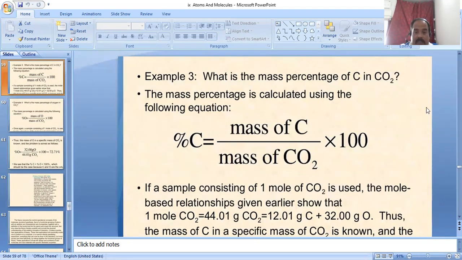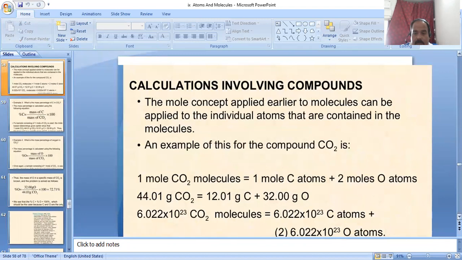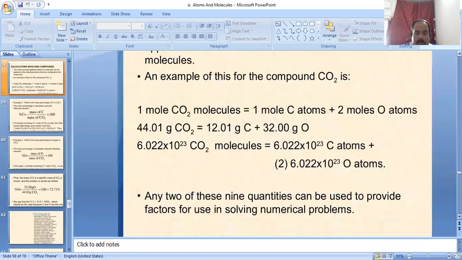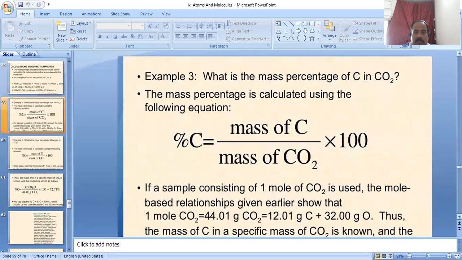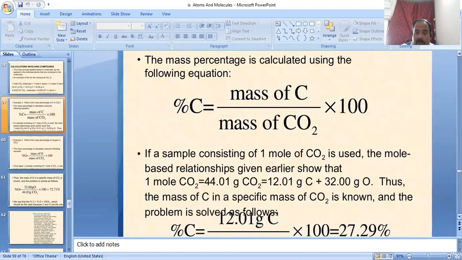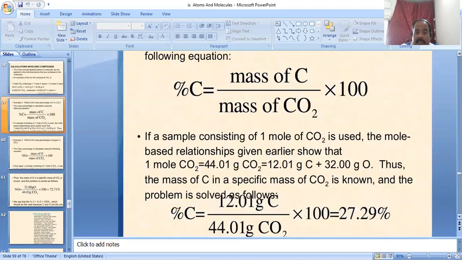Suppose a question: what is the mass percent of carbon in any compound? The mass percent is calculated using the following equation. Percent of carbon equals mass of carbon by mass of carbon dioxide, meaning the compound, into 100. So if a sample consisting of